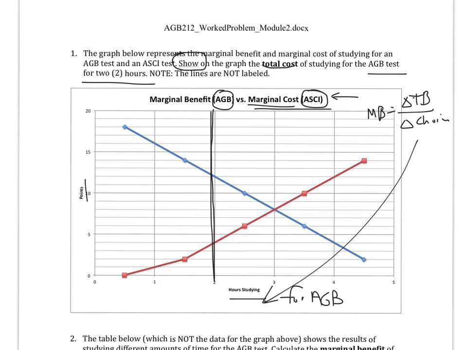So again, what you have to do is identify which curve is the marginal benefit curve, which curve is the marginal cost curve, which one is this curve, which one is this curve, and then if you've identified the right curve, you're evaluating that curve at 2 hours, because again, that's what you've been told. But the issue is, what's the total cost? So remember, one of the concepts we covered in the group work for Module 2 was this idea that